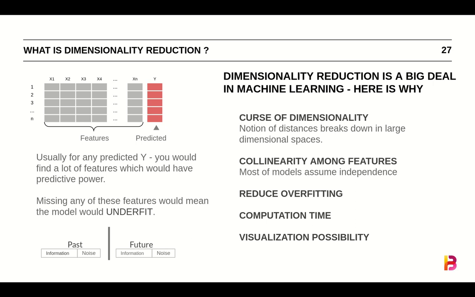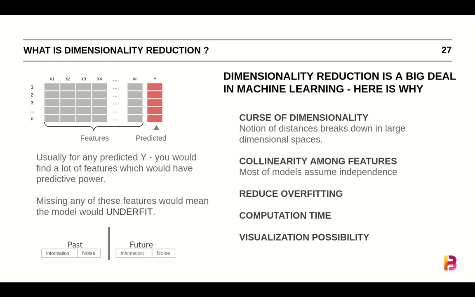The third problem with having quite a lot of features is overfitting. As we increase the number of features by a huge margin, our models not only capture the information, but also capture the noise. And we know that this noise is something that doesn't repeat in the future, only the information part does. So it leads to overfitting. And also, as your number of features increase, so would your computation time.